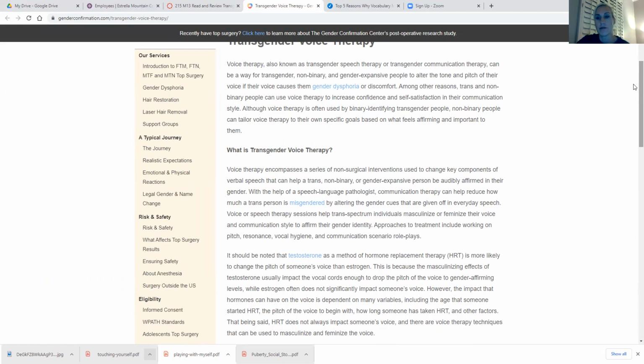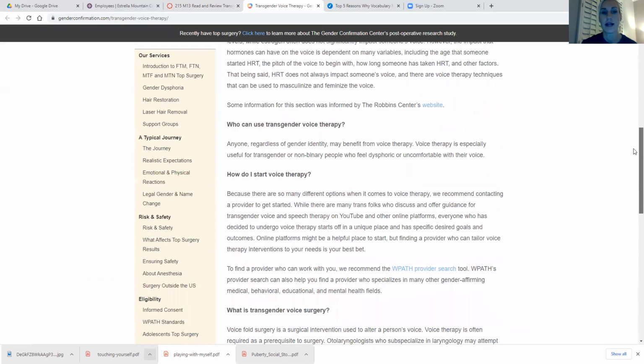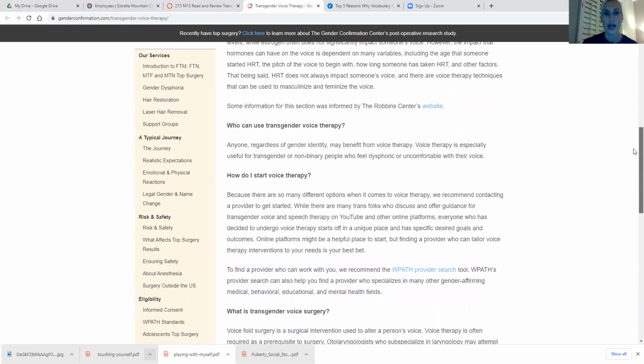There's definitely some things to say that some of the hormone treatment for a person who's female transitioning to male, oftentimes the hormones themselves change the voice. It's a little bit different when they transition from male to female. So definitely some things that they do work with some therapists who specialize in voice. And there are some people that really specialize in transgender voice therapy. And obviously there are components that are what we call masculine and feminine.